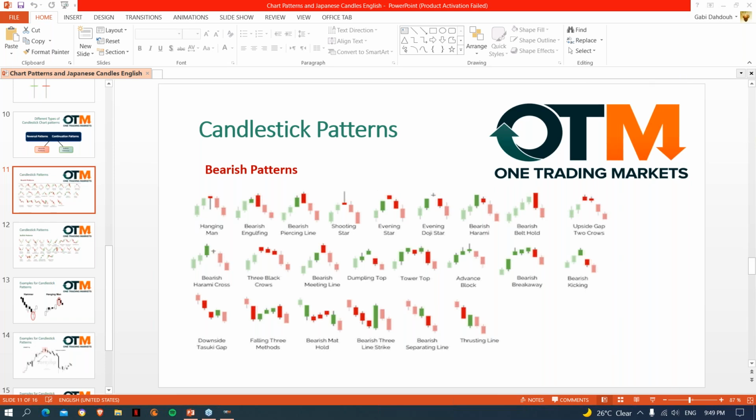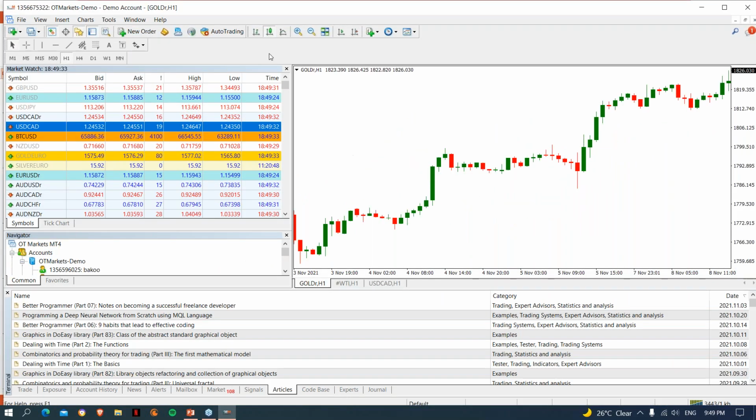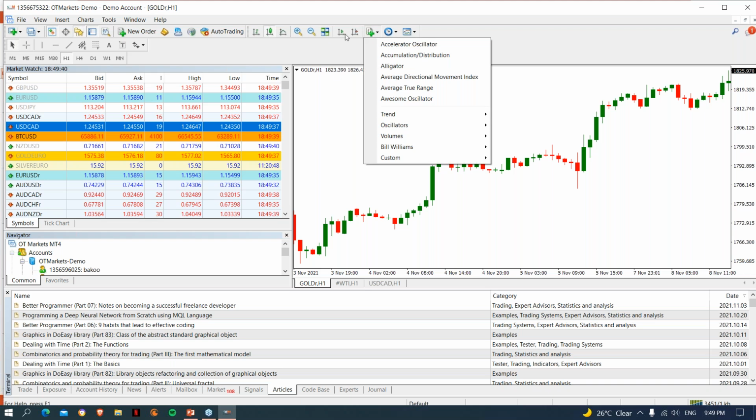I have a question already here. So are these patterns best for 4 hour, 1 day, or a week? Okay. So the beauty of Japanese candles is that they work for different time frame charts. For example, this one is the 1 hour chart. Let's look at the gold and change the time frame from 1 hour to another scale, which is basically,